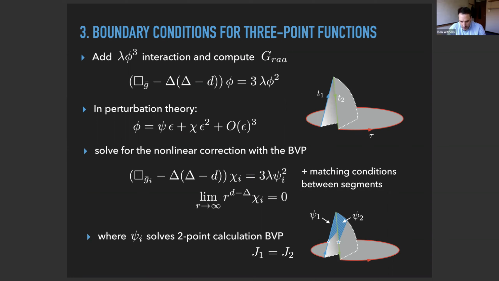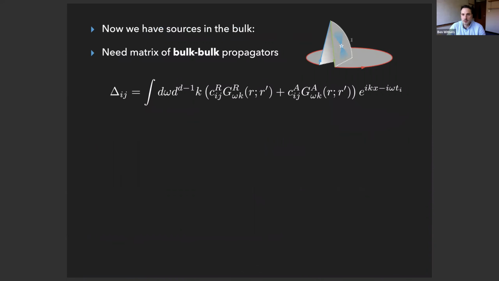So to solve this problem, since we have sources in the bulk, we don't have any sources at the boundary, we don't need bulk-to-boundary propagators, we need bulk-to-bulk propagators. So now we've moved our delta function from the boundary into the bulk. So this star is denoting our delta function source. And this produces, again, some retarded response and some advanced piece corresponding to the different modes that exist in this space-time. So we just consider both contributions with, again, a matrix of coefficients,